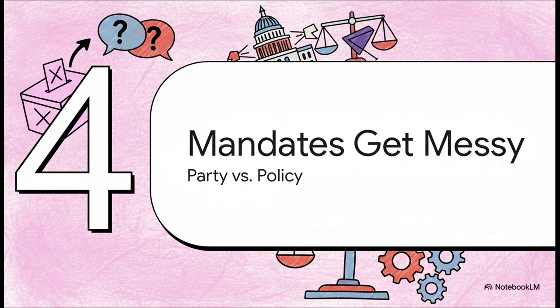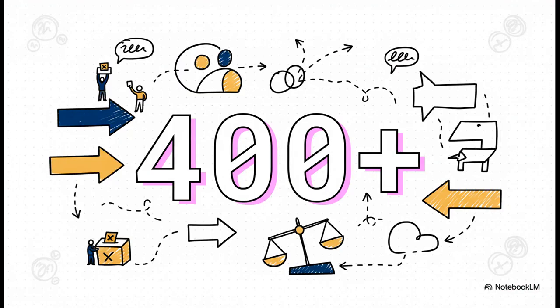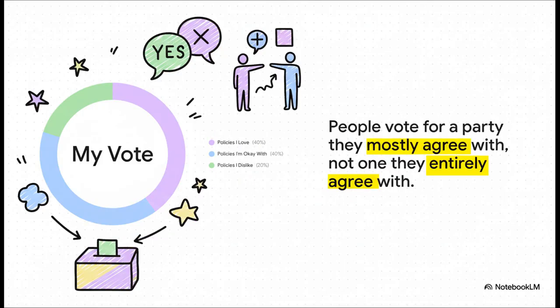And that party comes with this giant platform of hundreds of ideas, promises, and philosophies, all bundled together. I mean, just to give you an idea of the scale we're talking about, in one single state election, one party made, get this, over 400 specific promises. 400. Do you think a single voter out there agreed with every single one of those?